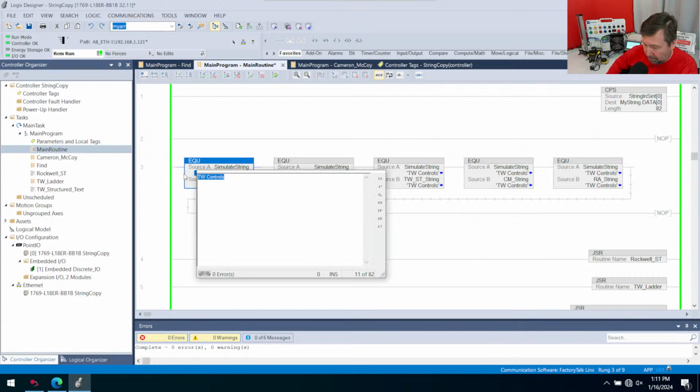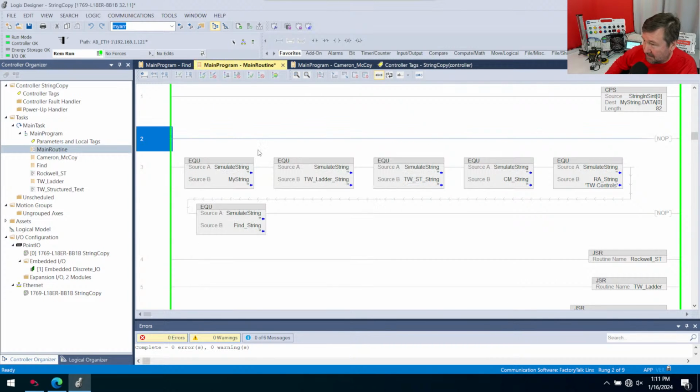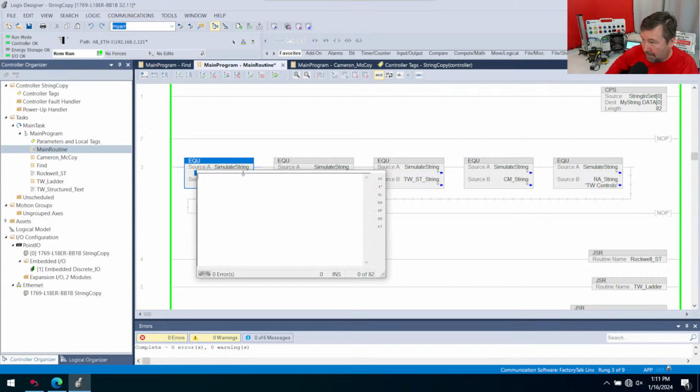If I take and blank out TW controls, a lot of your solutions couldn't handle this. So I'm just going to click off. And notice here, the Rockwell example stays as TW controls, and the rest of them did blank out. Now the other one, if we just put this back on TW controls,